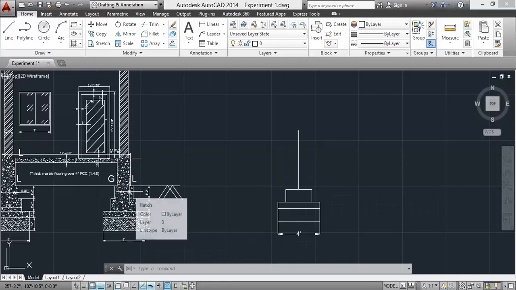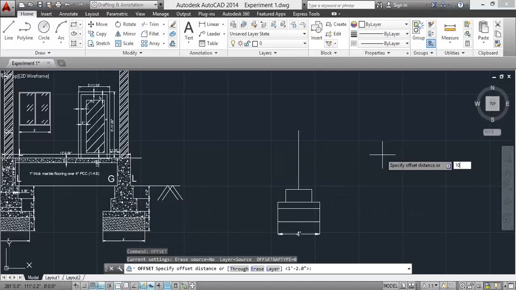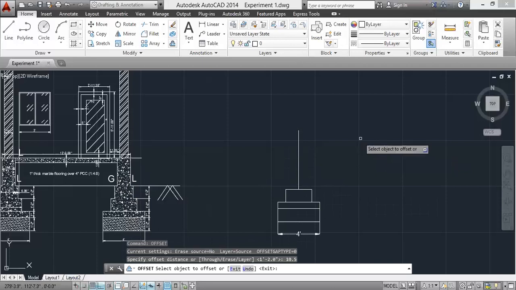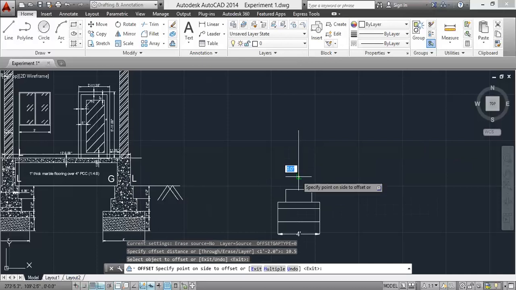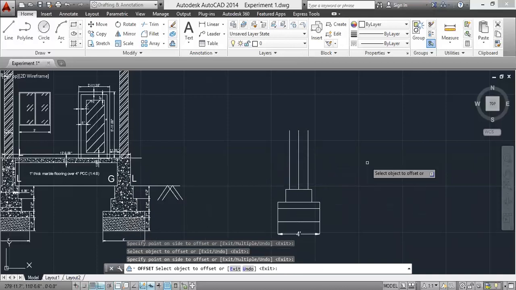So divided by 2, that is 10.5 inch. Take the offset command, 10.5 inch, enter. Take this object, give an offset of 10.5 inch on the right side and left side, right?